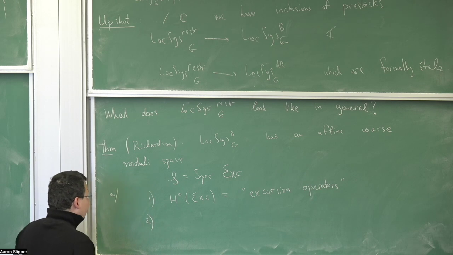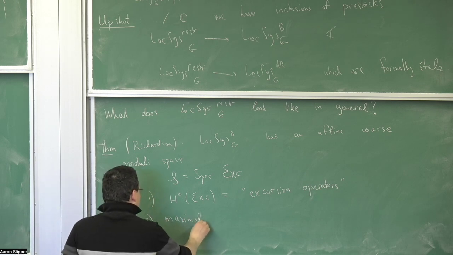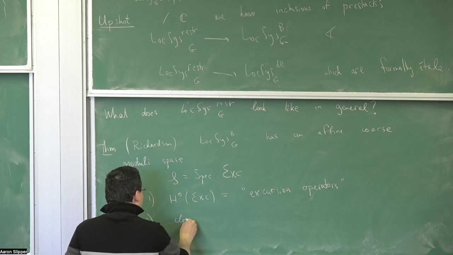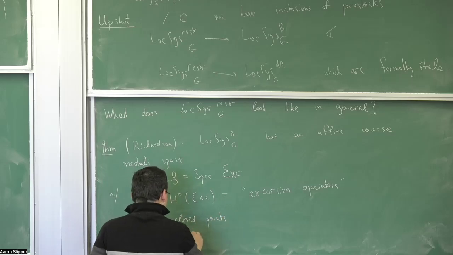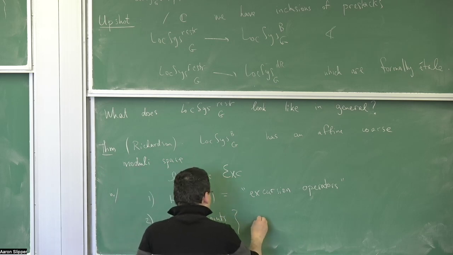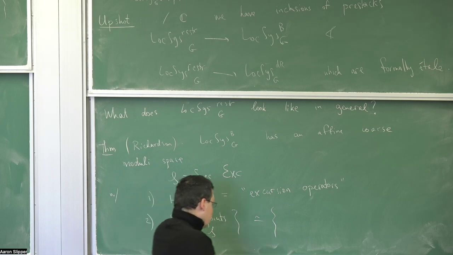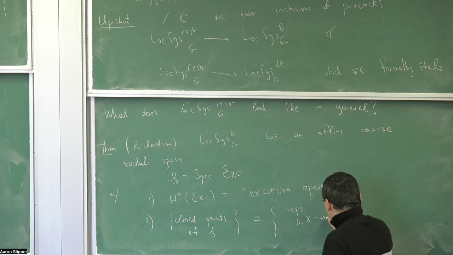And the second thing is that maximal ideals, closed points of S, are in bijection with representations from pi1 of X to G